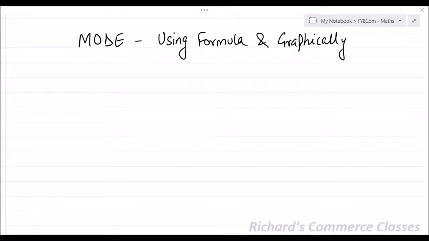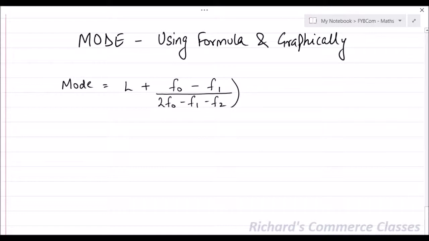Let us study how to calculate mode using the formula and by the graph method. Now the formula for mode is L plus (F0 minus F1) divided by (2F0 minus F1 minus F2) into H,